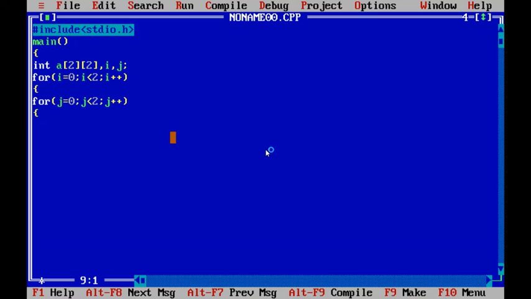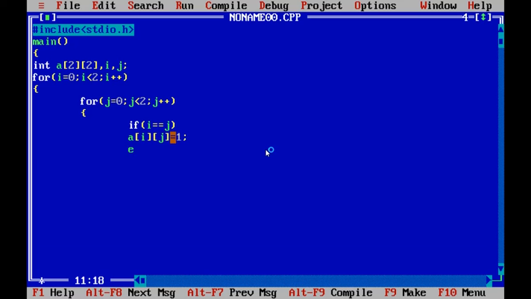Within the inner for loop we are writing an if. We will differentiate the loops. If i equals j, row value equals column value, then we assign that array element as 1: a[i][j] = 1.